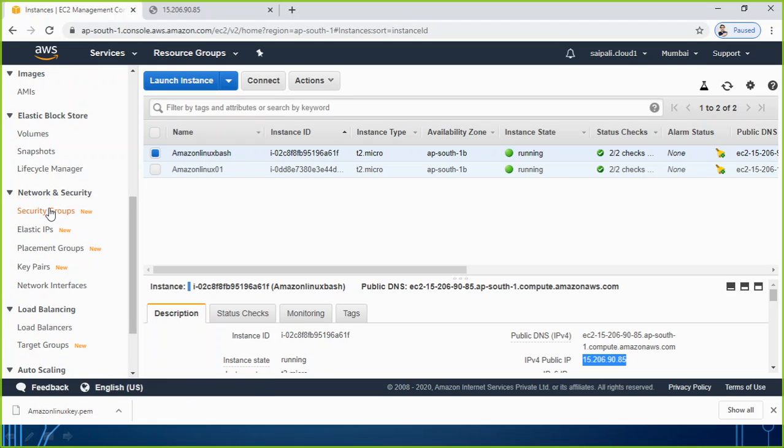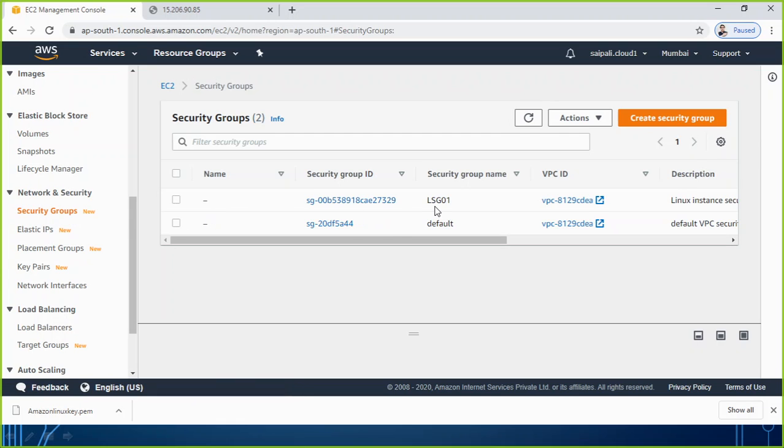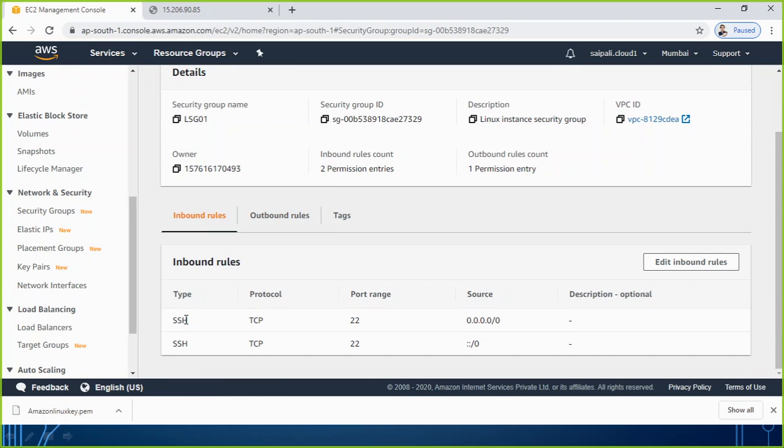So go to network security groups. We have only one security group, Linux security group 01. You click on it. You see in this security group what you have allowed? Only SSH type of traffic. But if you are trying to access a website, which type of traffic do you need? HTTP traffic. So you have to add one more thing, edit inbound rule,